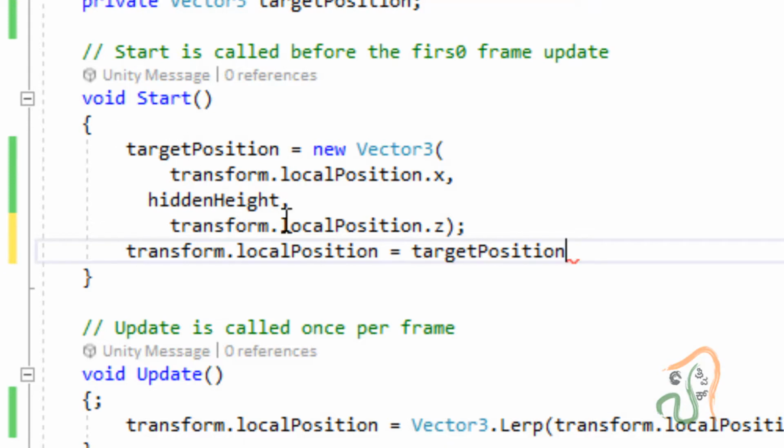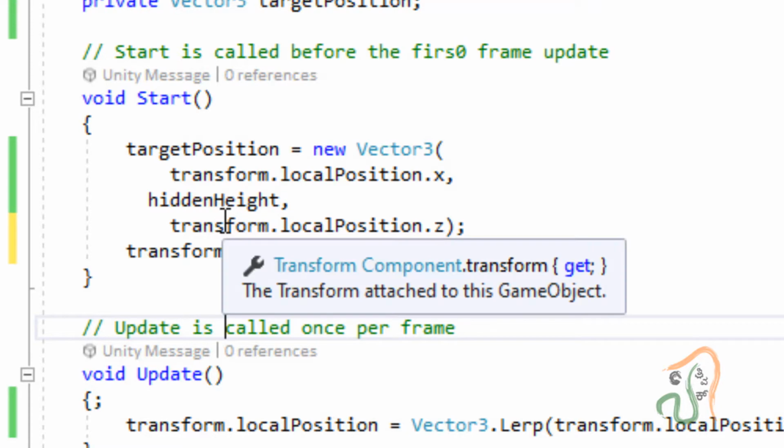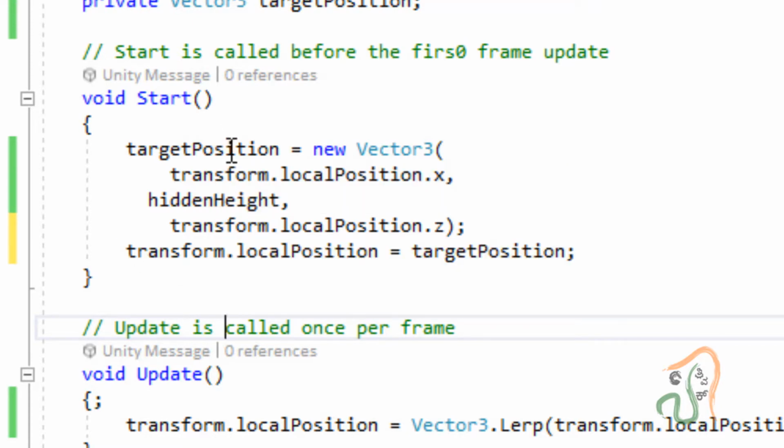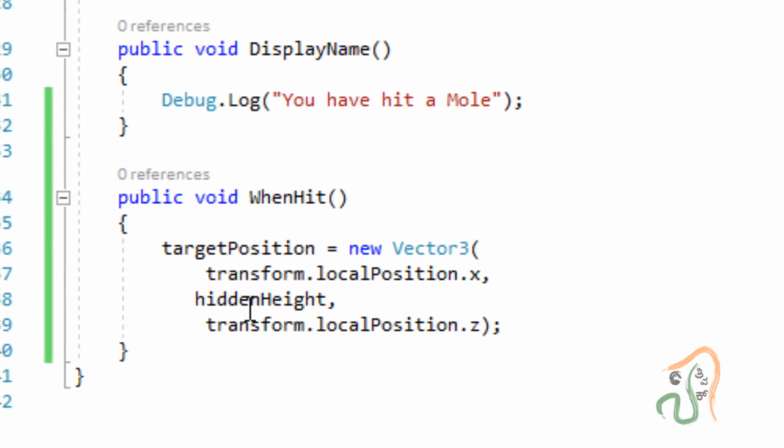End it with a semicolon. So now what happens when the game starts, your local position will be equal to target position, which will be at the hidden height. Now the target position is also hidden height. When you hit also, it is hidden height.